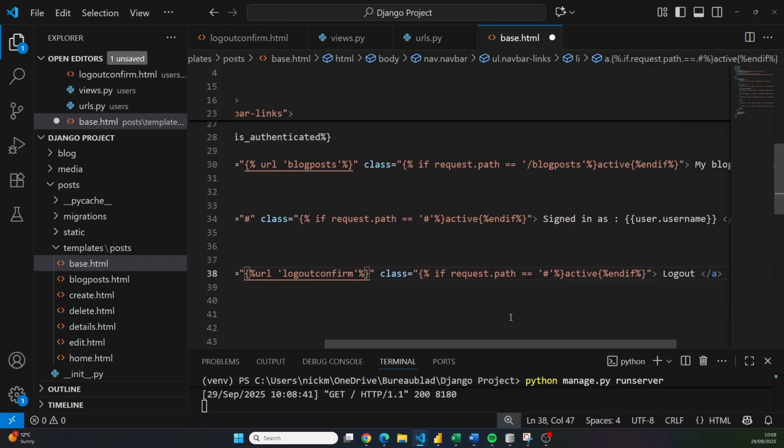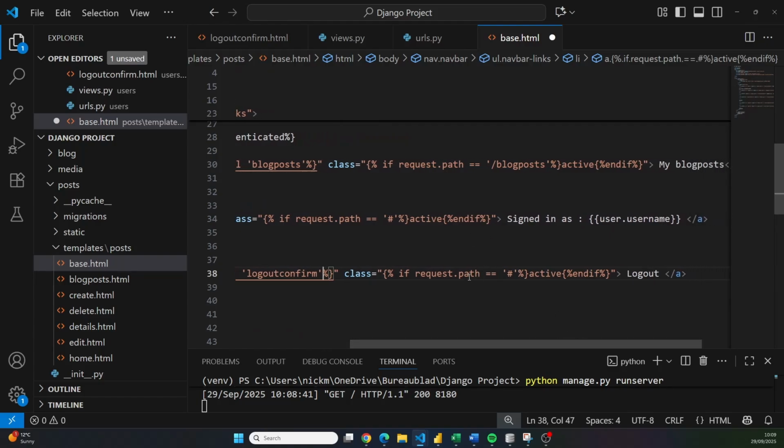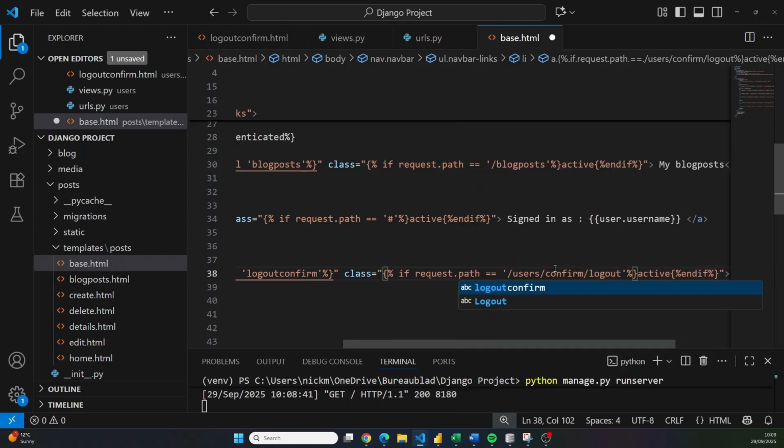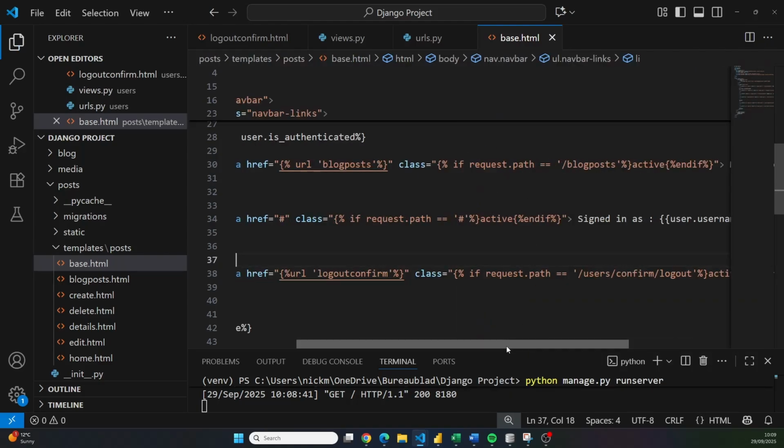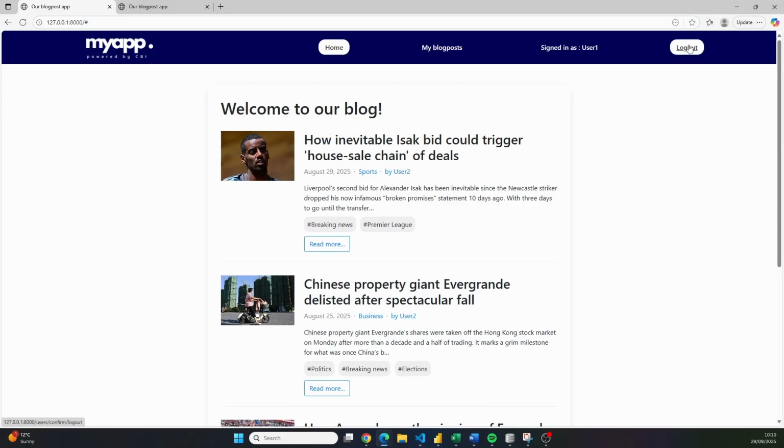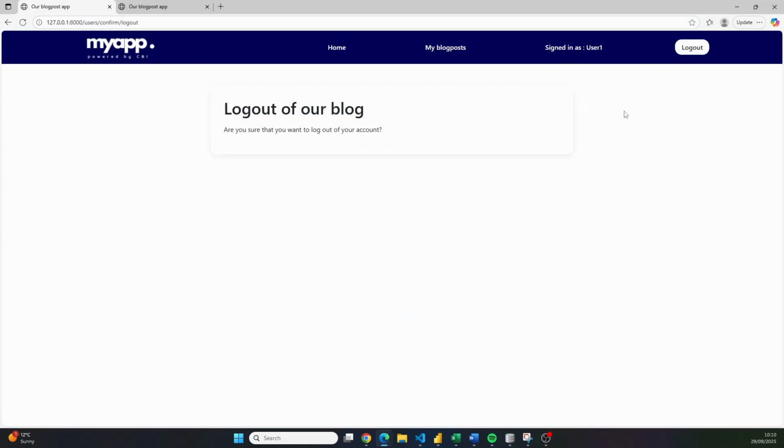And of course, we also are evaluating whether it's the active link or not. And we do that with the path. And the path in this case is /users/confirm/logout. And let's save that. And if I now refresh this page and I click on logout, we actually get to this logout confirmation page